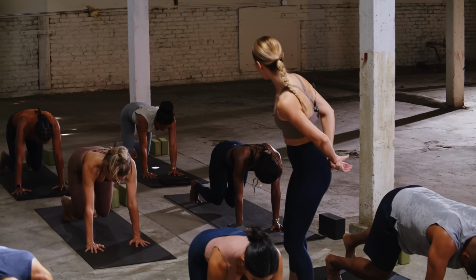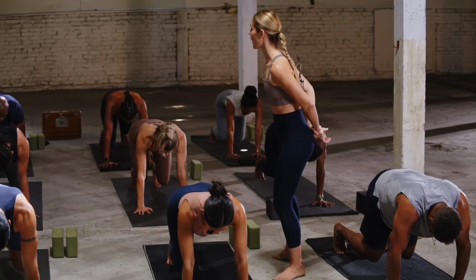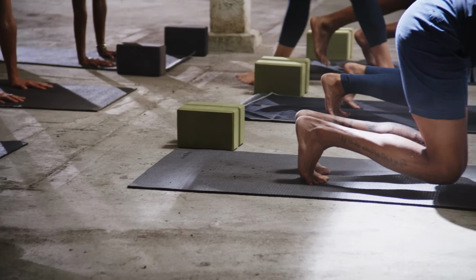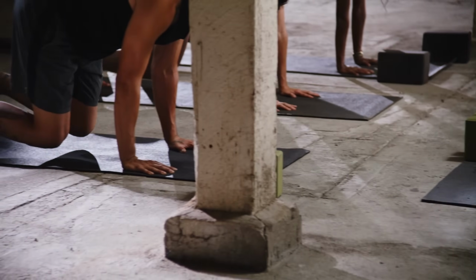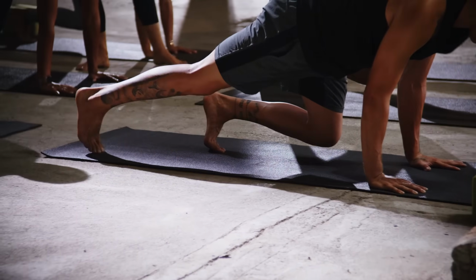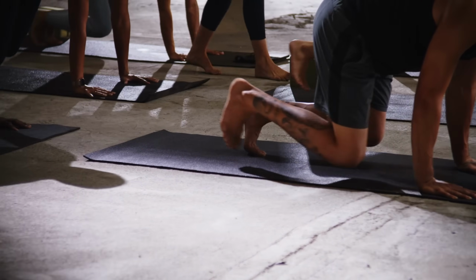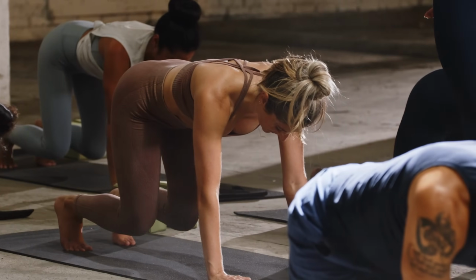Left toe step back, maybe the heel extends back. Floating tabletop pose, twice more like that. Right toe step back, floating tabletop pose. Left toe step back, back to tabletop. Last time, right toe step back. Right knee returns, left toe step back, floating tabletop pose, hold there, take an